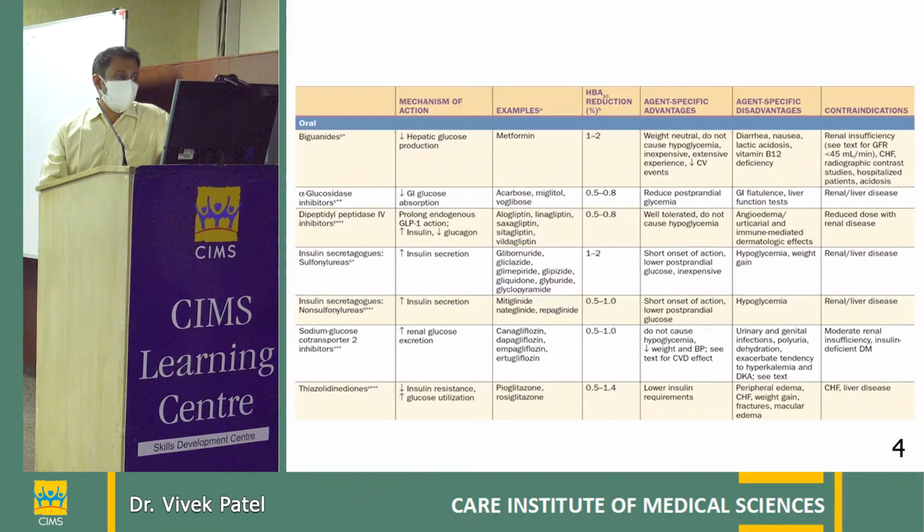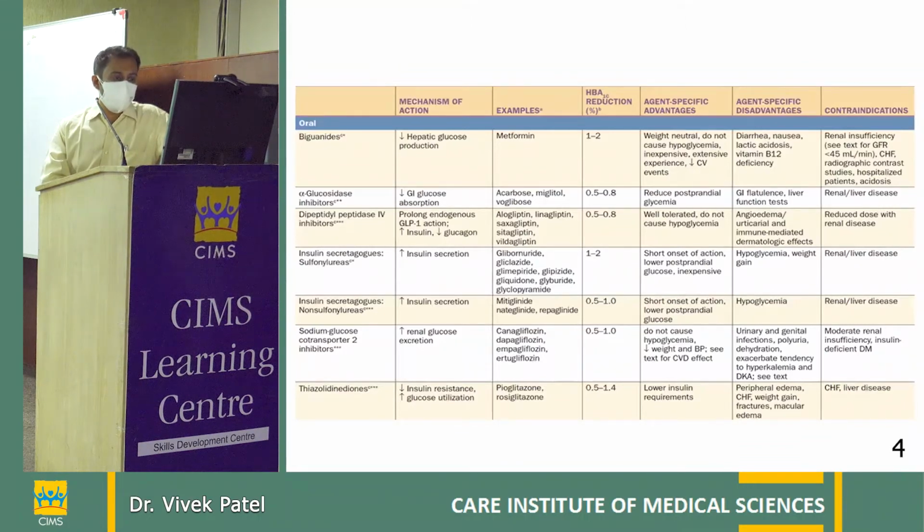The latest class of medication is the SGLT2 inhibitor, a very wonderful drug. Three molecules which are currently available in India are canagliflozin, dapagliflozin, and empagliflozin. They not only work in diabetes, but also have a very good effect on the heart and kidneys, and also reduce the risk of heart failure. However, it needs to be used very cautiously because the risk of urinary tract infection, genital infection, and hypotension is high. Whenever these molecules are prescribed, patients should be advised to take adequate hydration, and proper genital hygiene should be explained.